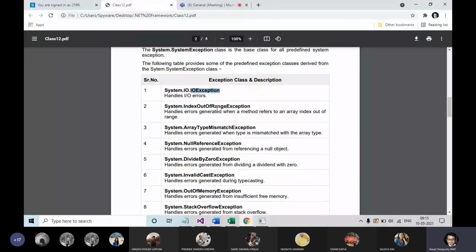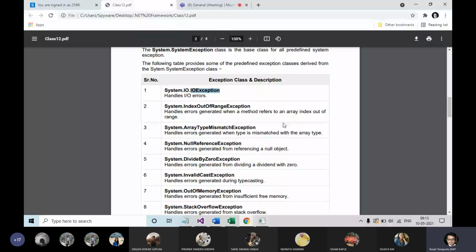IndexOutOfRangeException handles errors generated when a method refers to an array index out of range. Suppose an array has a capacity of 10 values, and you are accessing say the 11th, 12th or 13th element, which does not exist. In such a case, IndexOutOfRangeException occurs.